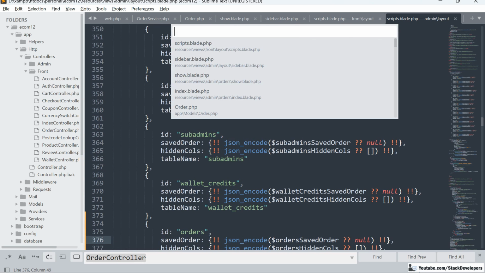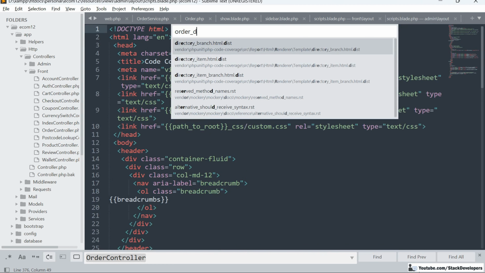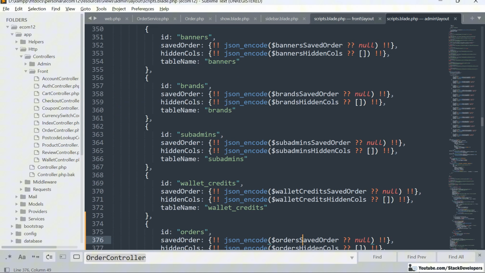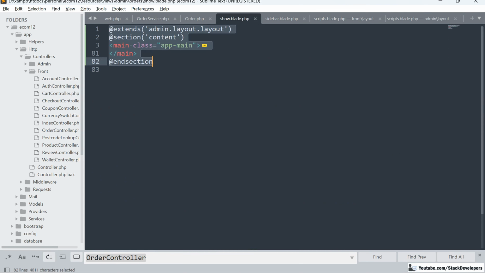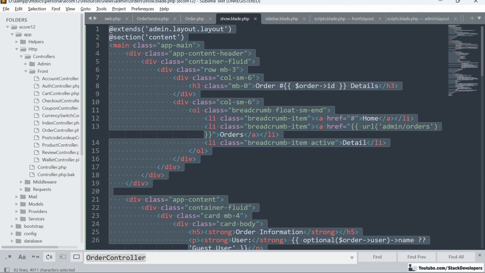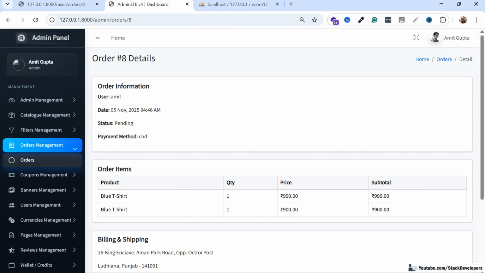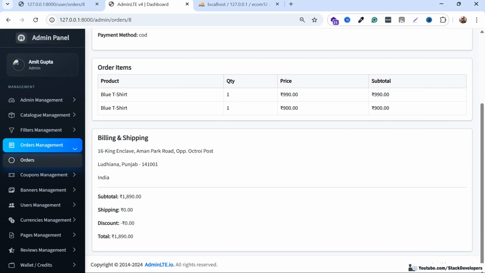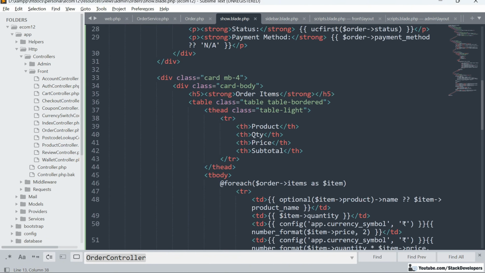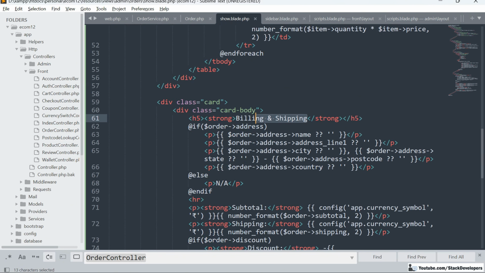And one more thing here in the order detail. Here in the show update file, meaning the order detail page, see, this one is the order information, that is fine. Then our order items, here we can just make it the delivery address. Okay, delivery details or delivery address,